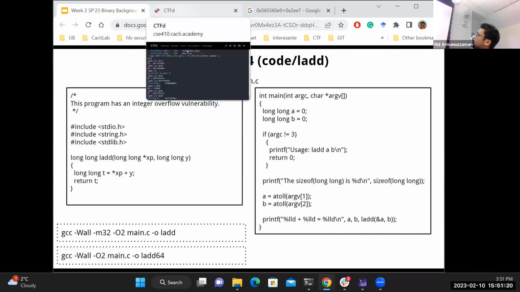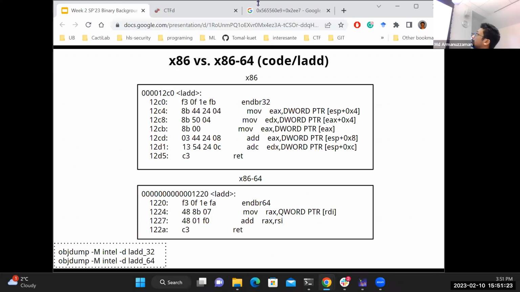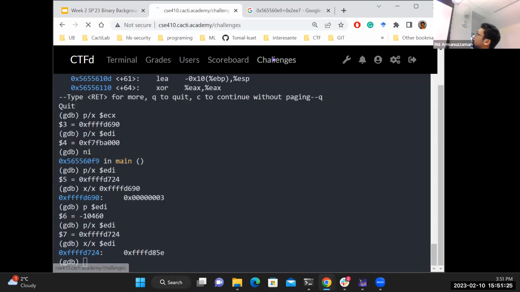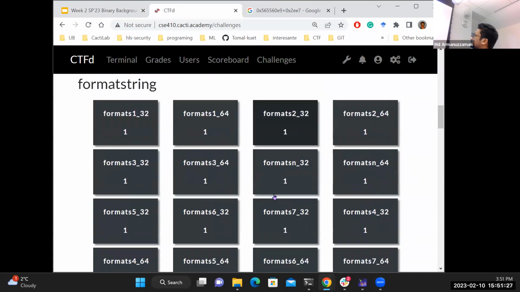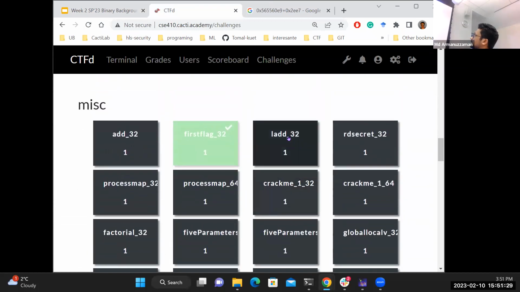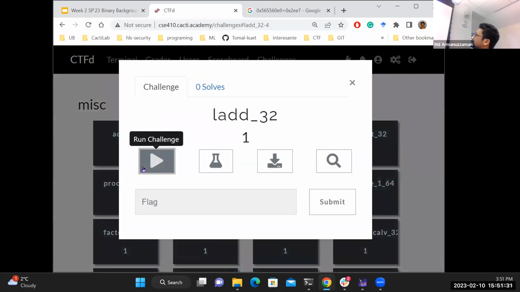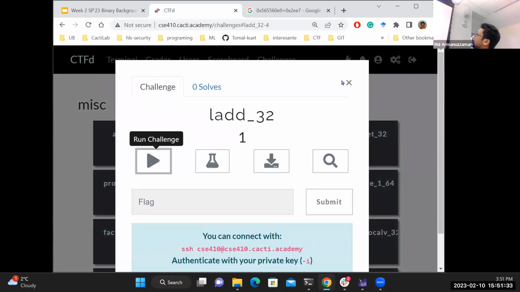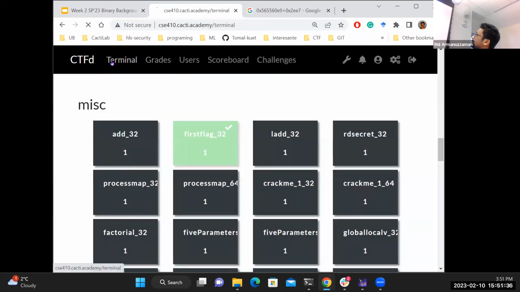So if we go to the challenges folder, the challenge is added here. It's L at 32. So if we run the challenge,